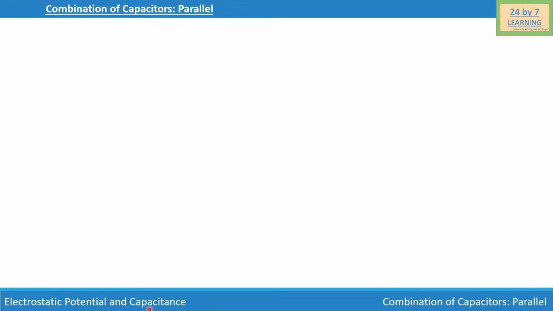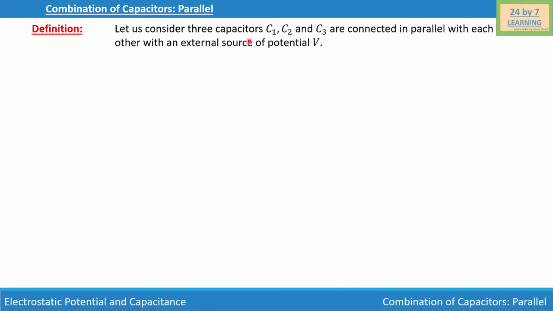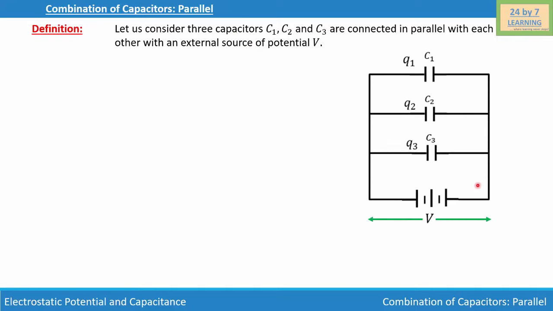Parallel combination of capacitors. Let us consider three capacitors C1, C2 and C3 are connected in parallel with each other with an external source of potential V. In order to explain this, I'm going to consider this information to draw a figure. So here is the figure where you can see C1, C2 and C3 are connected with an external source of